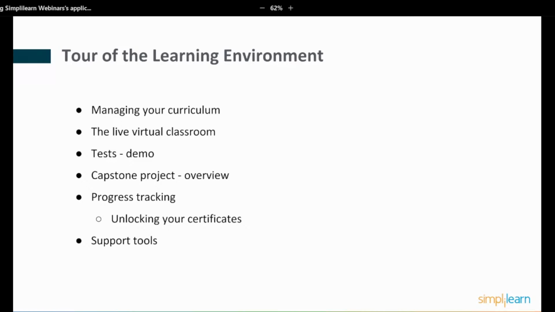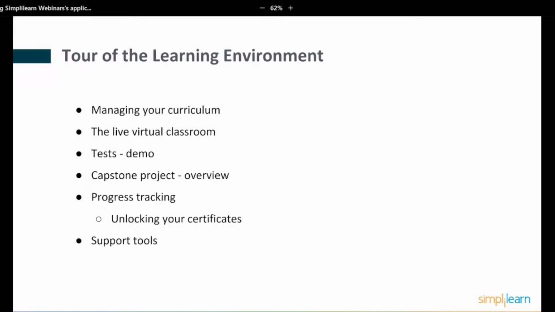Labs and projects that you do, again, in the same learning management system environment on a Jupyter lab platform, give you access to all of the tools and libraries that you need to do the projects and labs, do the assessments, and keep track of your progress through the course. And as you go through each step of the curriculum, which we'll talk about in just a second, you unlock the next course as you complete the one you're in. So finishing one course lets you then move on to the next in the sequence.